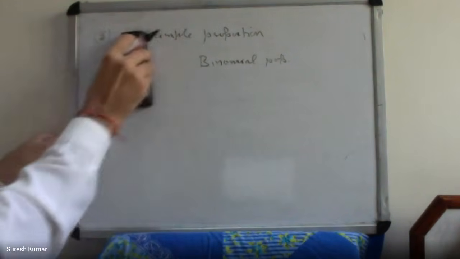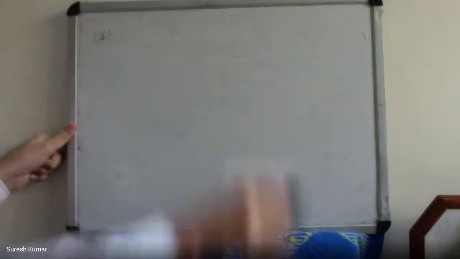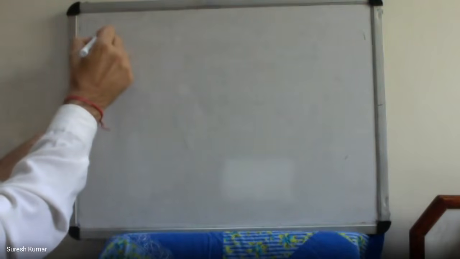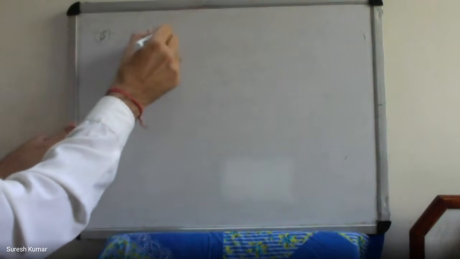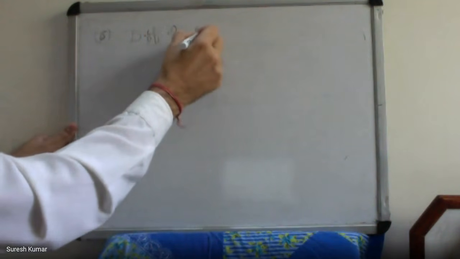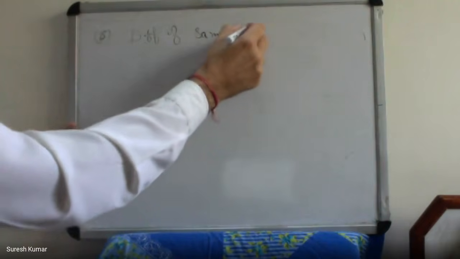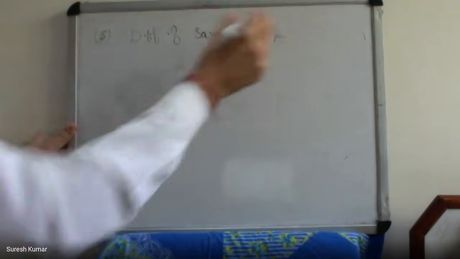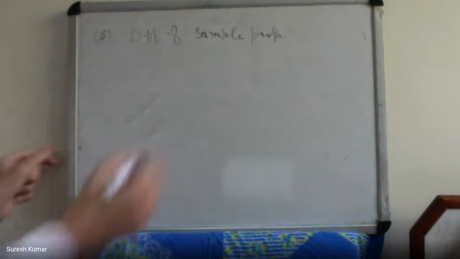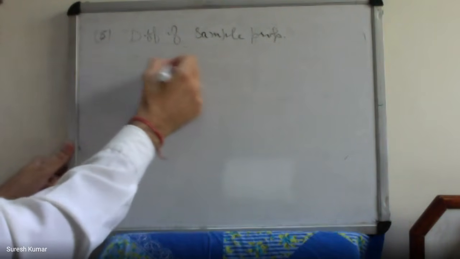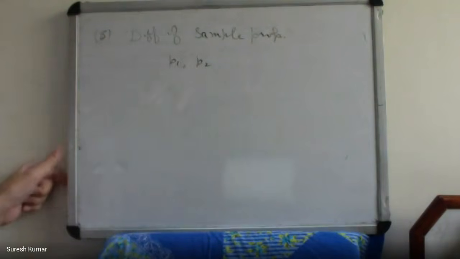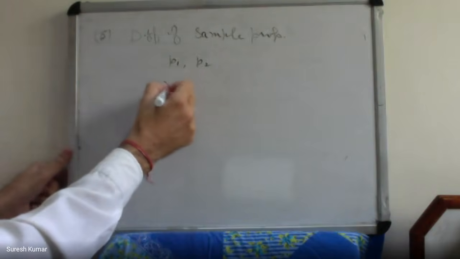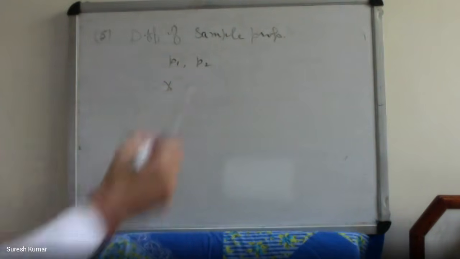Difference of sample proportions means this time suppose you have two binomial populations with success proportions P1, P2. Then you have done n1 trials